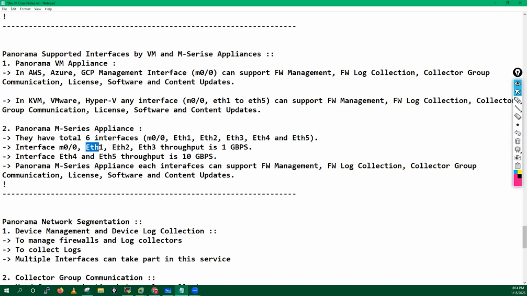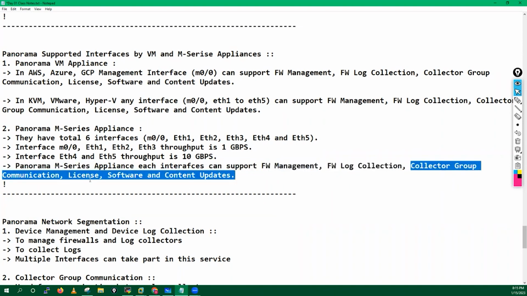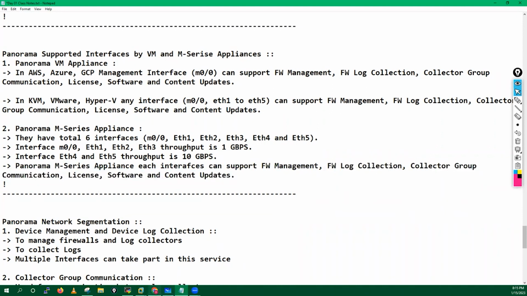Interface M0, Ethernet 1, 2, 3. Throughput is 1 Gbps. Sorry, guys. So the interface M0, the management interface, and Ethernet 1, 2, and 3 have a throughput of 1 Gbps. Interfaces 4 and 5 have a throughput of 10 Gbps. On the Panorama M series appliance, each interface can support firewall management, firewall log collection, collector group communication, license, software, and content updates. Okay, now if I go here,